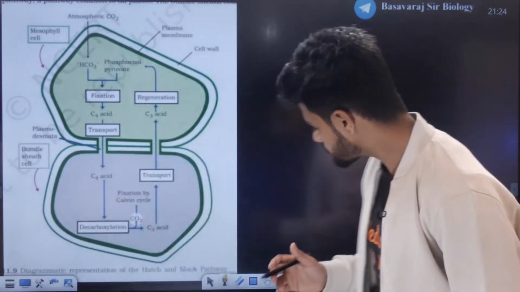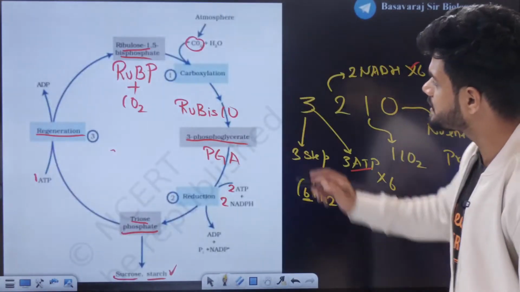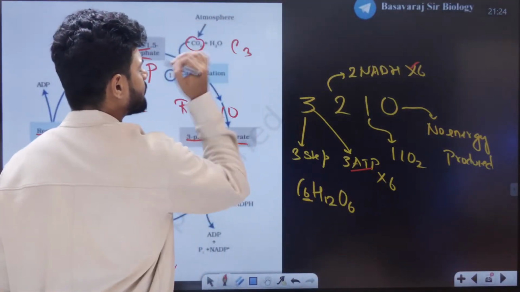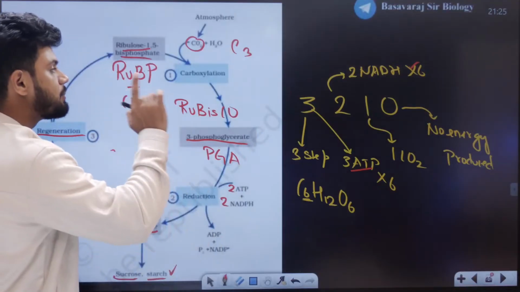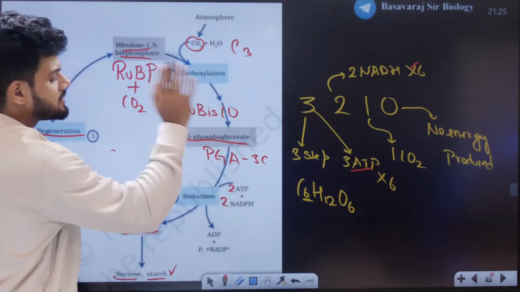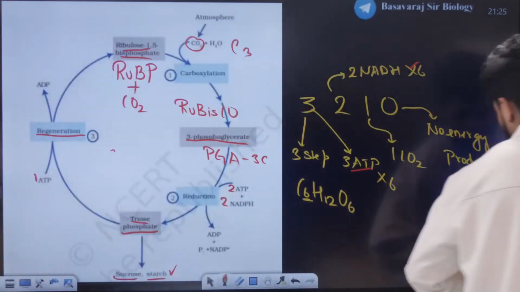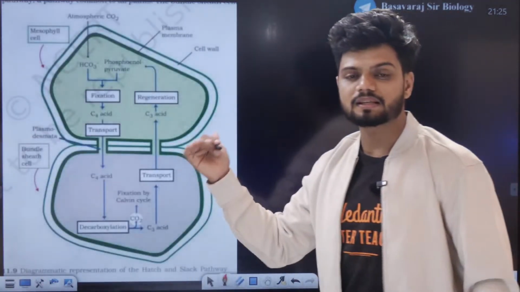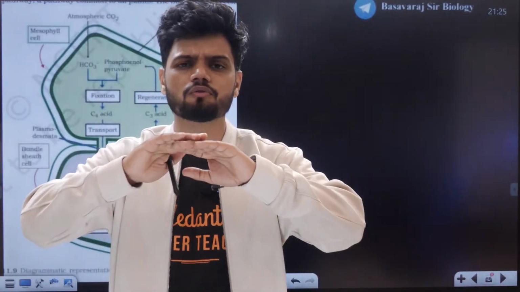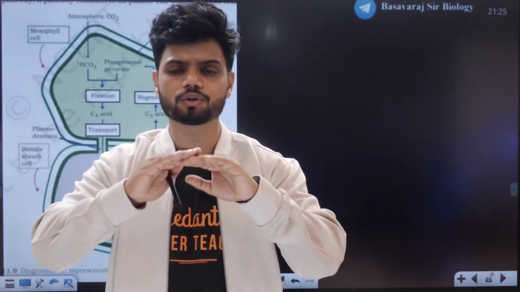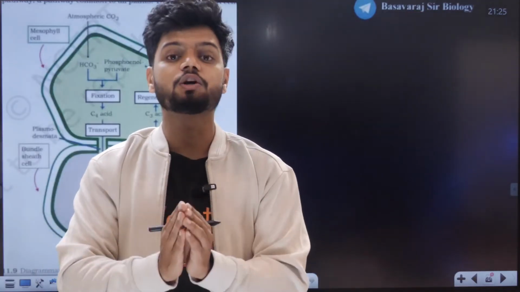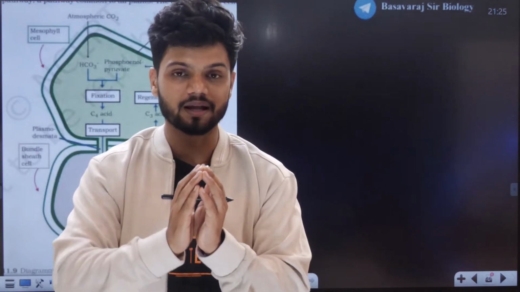C4 cycle. Okay, students. Now here, why is it called a C3 cycle? Because the first stable product is 3 carbon. That is why C3 cycle. But here, this is happening in C4 plants, where there is no photorespiration, because the plants in your C4 cycle show something called as Kranz anatomy, where all the